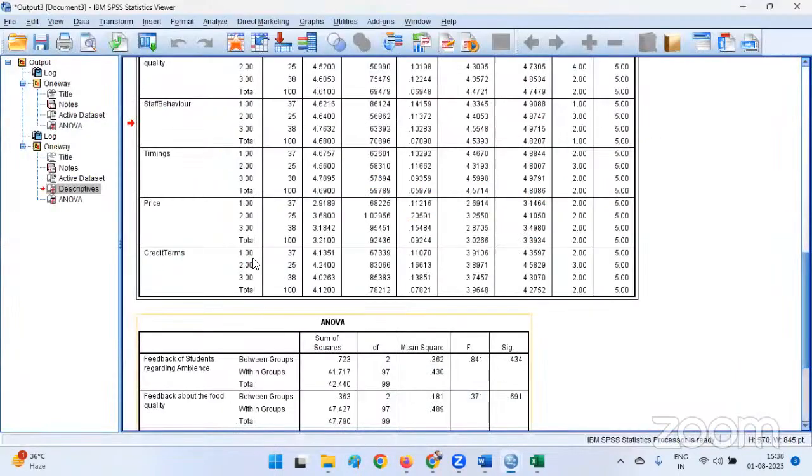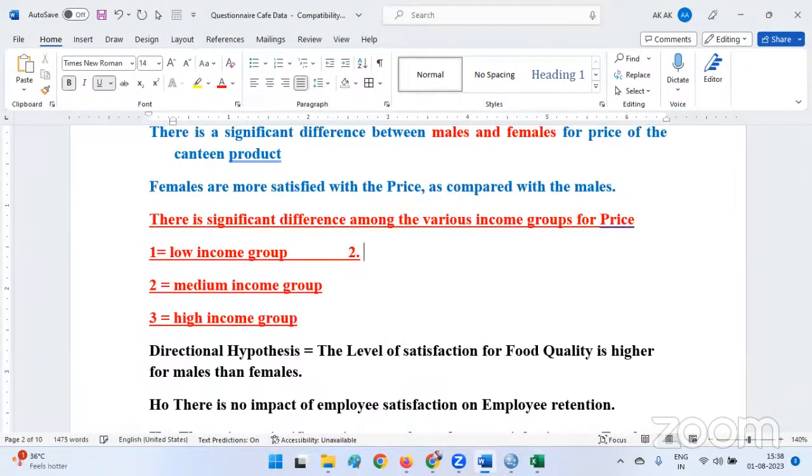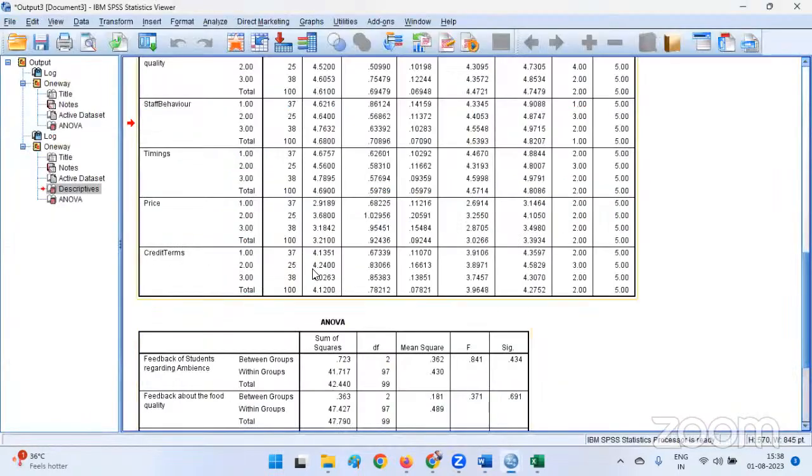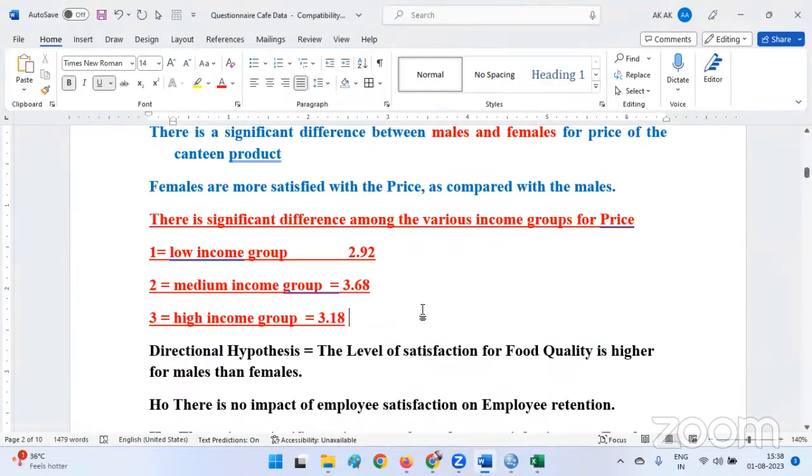For the factor price, the means are 2.92, 3.68, and 3.18. Okay, yeah, 3.18. All right. Now we see that the medium income group is highly satisfied with the price,